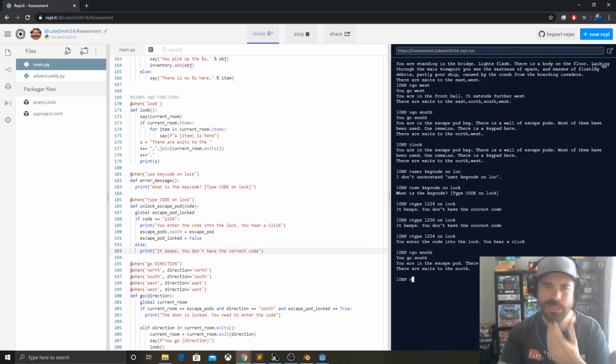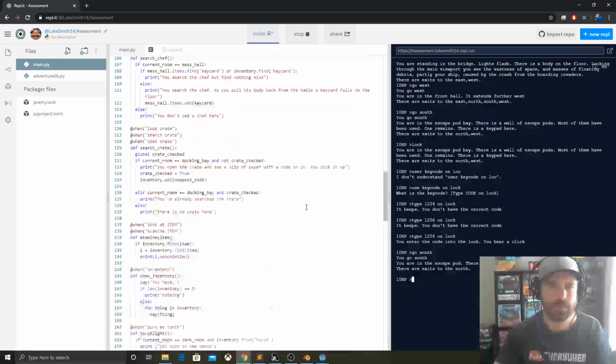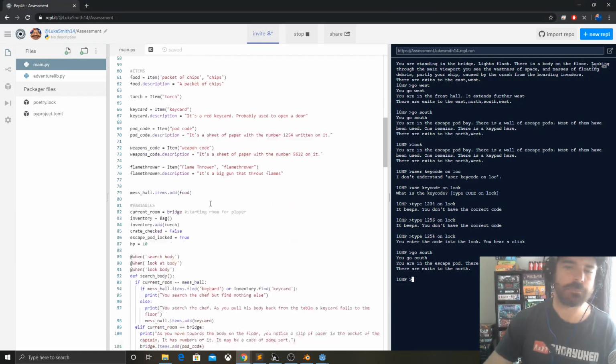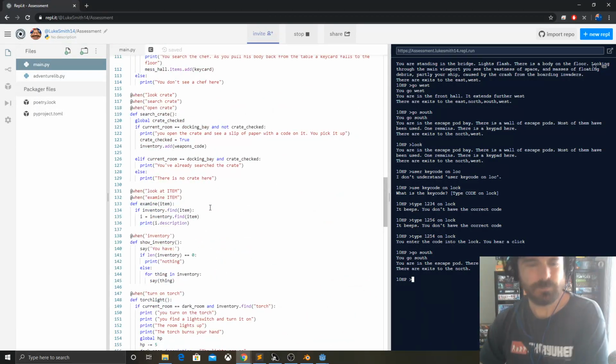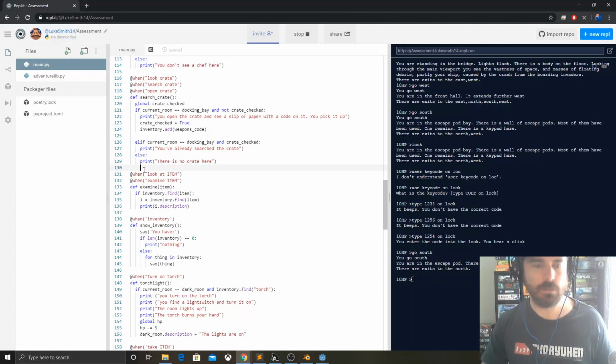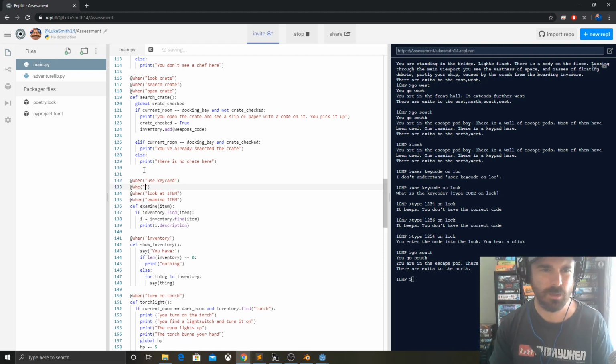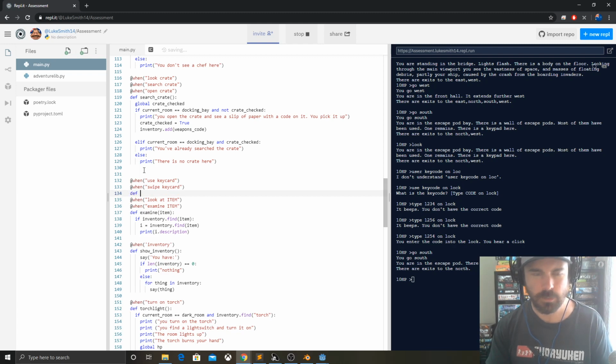There is a card reader here. I don't remember why I needed a separate card reader. Oh, it's a key card. Okay, so in this one here, I'm going to add in a use key card. So at when, and I'll get to the chat in a sec, use key card, or at when swipe key card, def